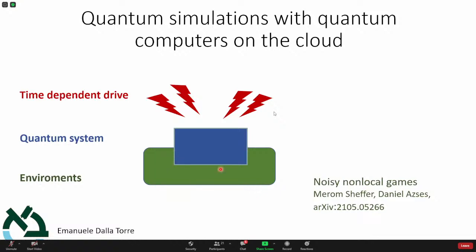So say there was no environment. Say that I can build a beautiful quantum computer with no environment at all, just the perfect quantum computer. The perfect quantum computer is useless because you cannot measure it, you cannot couple to it. So being able to measure the quantum system is important. This means that the environment is important.